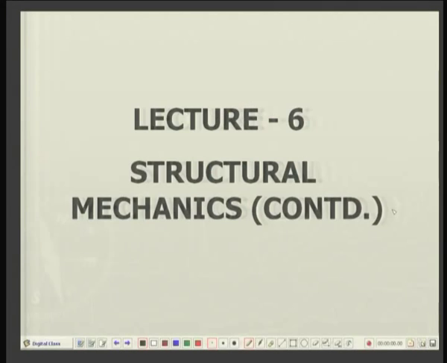In today's lecture, we will continue with structural mechanics. Let us recapitulate what we have already learnt about structural mechanics. In the first case, we analyzed trusses, which consist of members which are two force members, that is, the forces are applied at only 2 points along the member, and as such there were only tensile or compressive forces in each of the members of a truss.